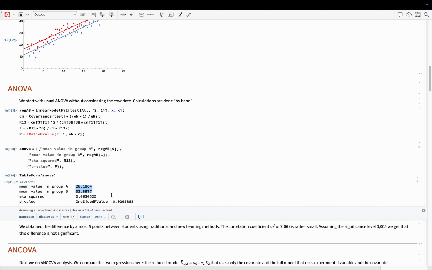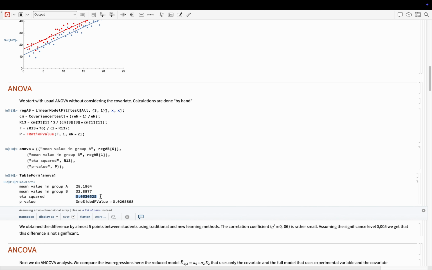Almost 5 points, 3.7 points between exam results in the control group and exam results in the experimental group. And the experimental group did a little bit better. However, when we look at